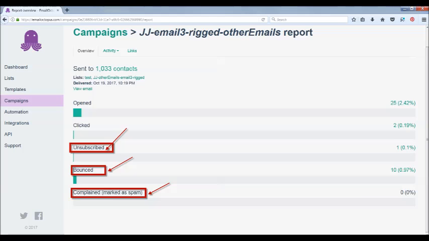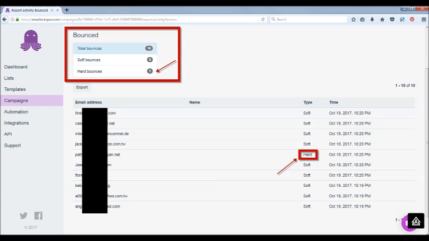Lastly, you want to take care of your email list. And what you want to do is if anybody clicks to unsubscribe, you want to remove them from future lists. There's also a bounce report. There's a hard bounce and a soft bounce. From what I understand, a hard bounce is maybe the email doesn't exist anymore, so you want to take that off of your future list. A soft bounce usually is if the server's down or their mailbox is full, so you can keep those on,